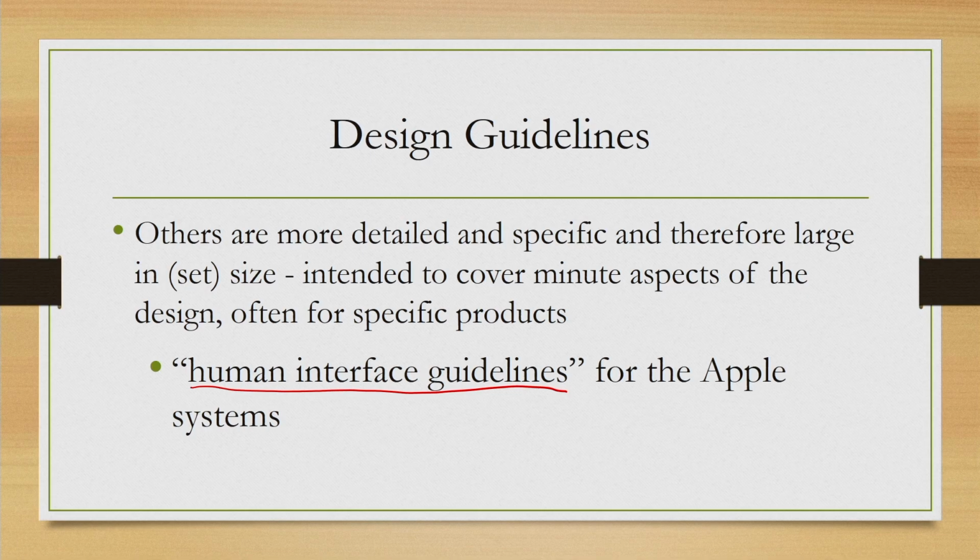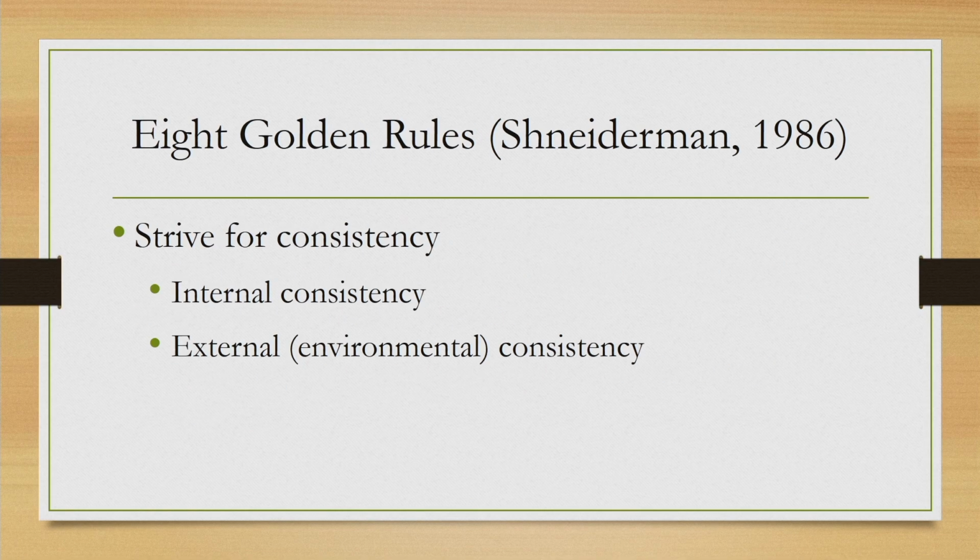Instead, what we should do to understand the idea of guidelines is to discuss one set of broad, generic guidelines, which will be helpful in giving an idea of what the guidelines are, what purpose they serve, and how they can be utilized in the design of interactive systems. So, we will do that in terms of the 8 golden rules proposed by Ben Shneiderman in 1986. As the name suggests, there are 8 rules or a set of 8 guidelines.